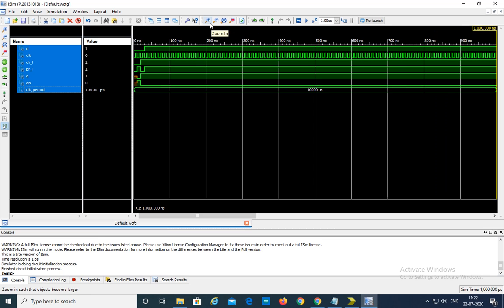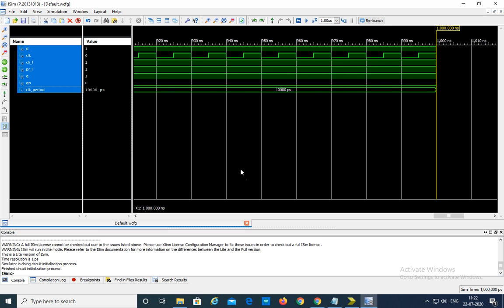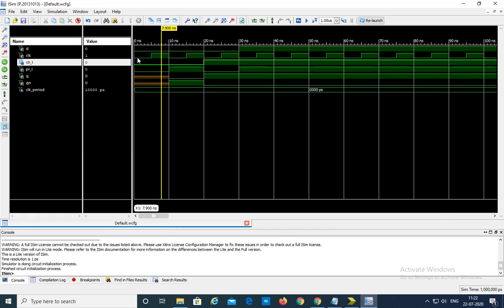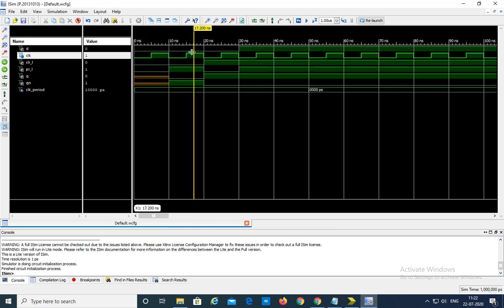what have we changed? We have changed the combination. So zoom to full view, zoom, and here from 0 to 10 nanoseconds we have given 0 and clock 1. Observe here clear is equal to 0, preset is equal to 0. Both are 0, active low. Both are active means output is undefined here. So that's why the orange color is there. But after 10 nanoseconds we have changed the combination from 0 0 to 0 1. 0 1 means clear underscore L is equal to 0 is active. Clear is active means output Q is equal to 0 here. So the output is equal to 0.